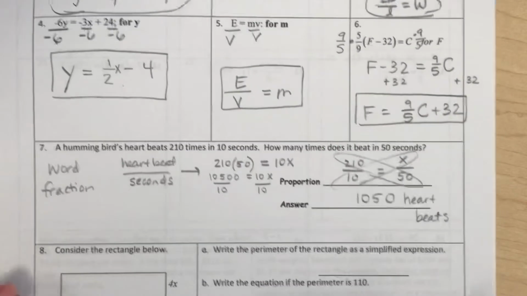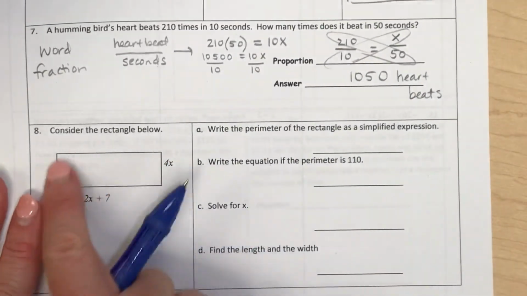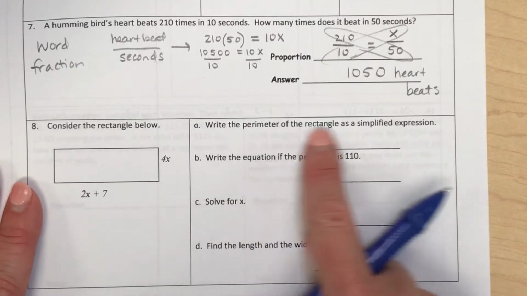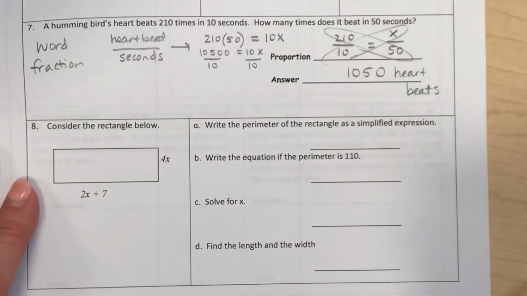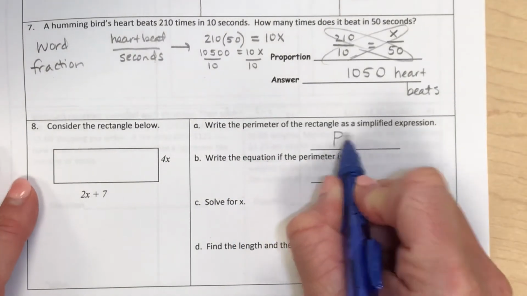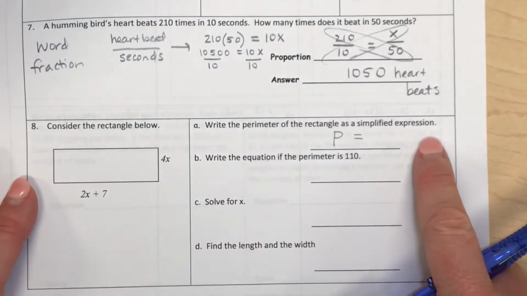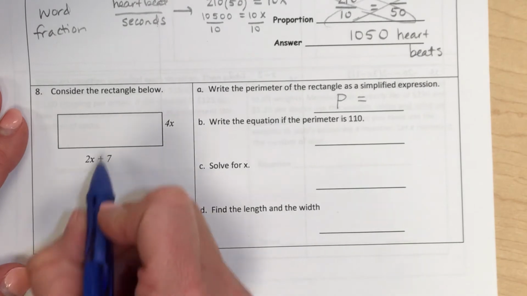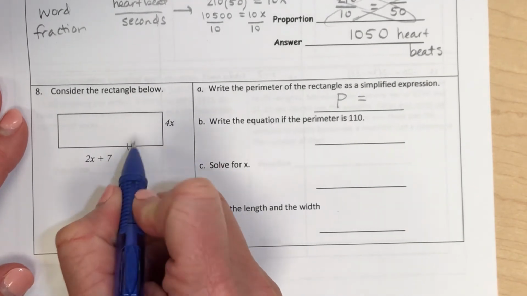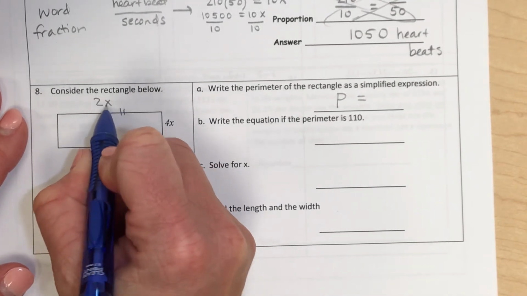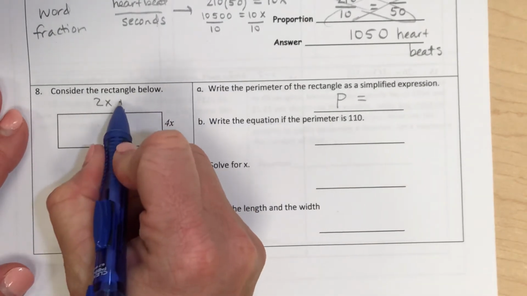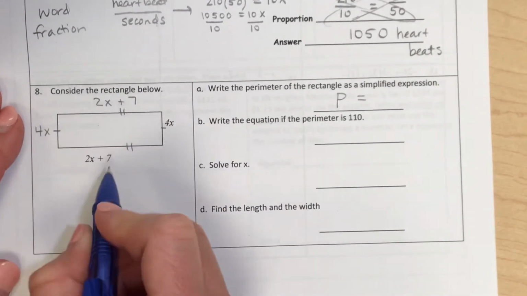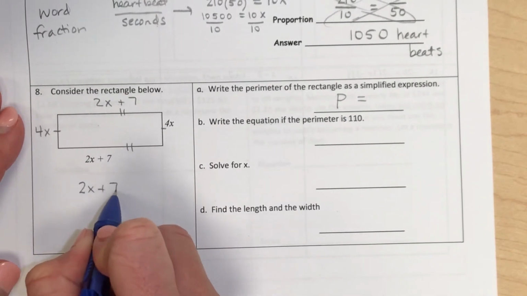Okay, now number 8. We have a rectangle over here on the left side, and the right side is asking for a simplified expression for the perimeter. Now the perimeter is equal to all 4 sides added up. So I'm going to do a little math work over here. So there are 4 sides on our rectangle. Opposite sides are equal in size, so the top and the bottom should match, and the left and the right side should match. So if I write all 4 sides out,